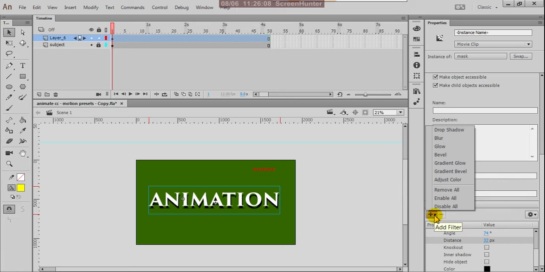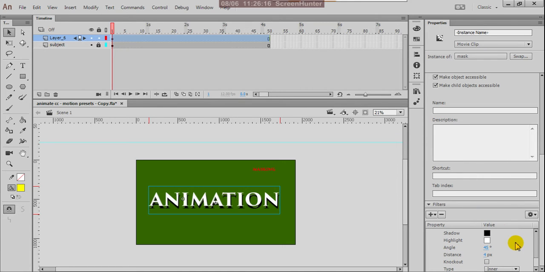And one more effect if you want to apply, suppose bevel, the bevelness. Suppose the effect is not looking good, so you can keep only this drop shadow.